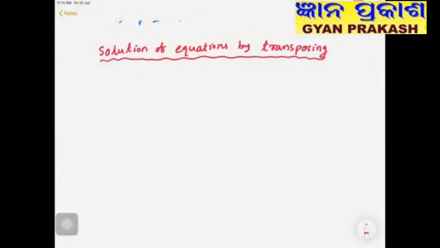Now the question is, are all the steps that I have done actually required, or is there any way in which we can make it shorter by cutting some steps? Yes, definitely there are some methods by which we can cut the steps, and we shall learn that method now, and we know it as the transpose method. Now let us take only those examples that we have already solved. We shall try to solve them in fewer steps.